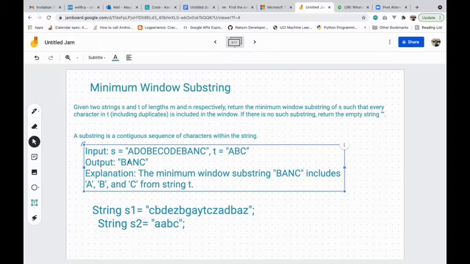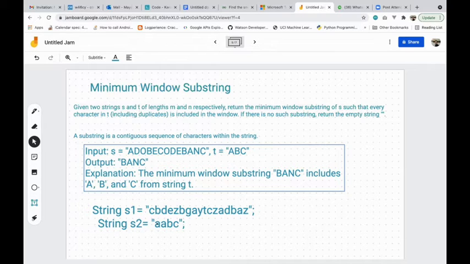Third answer is the same as whatever is the output at the end, which has the minimum length window. The substring, the second string, can have duplicate characters also, like A, B, C. And we have to make sure that we have the same count in string 1 also.